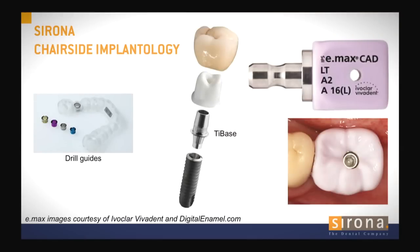So from the drill guides that are produced from the integrated digital impression scans from the CEREC and the Conebeam scans from the Galileos, the drill guide is an example of what you see there coming from Sirona to the customer, and they can put the implant in as they planned it. And then on top of that, we have this tie base interface, which allows a metal-to-metal contact with the implant, and then over which we can place either an abutment like the zirconia abutment that's shown there in the middle